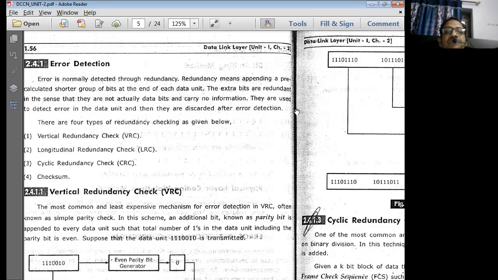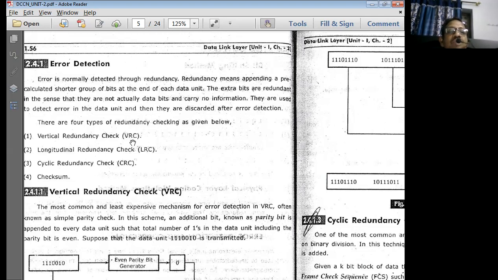That means these extra bits are used to detect the error in the data unit, and then they are discarded after the error detection process.